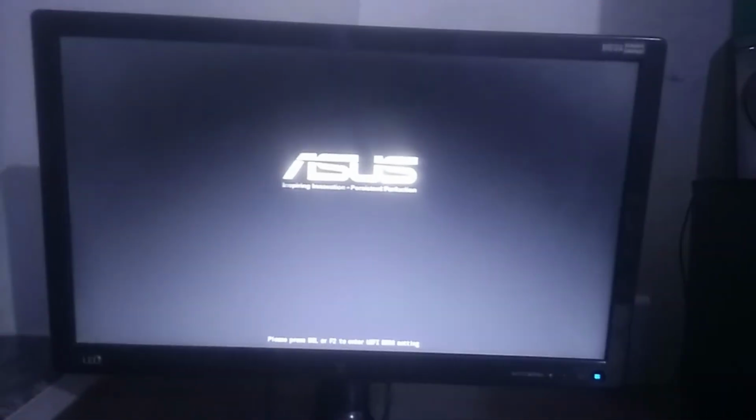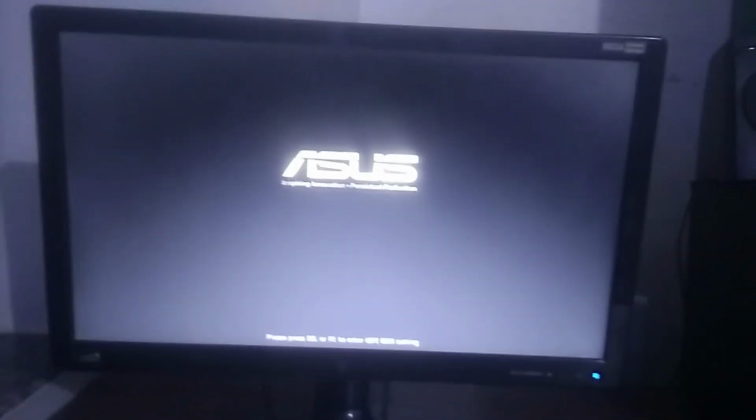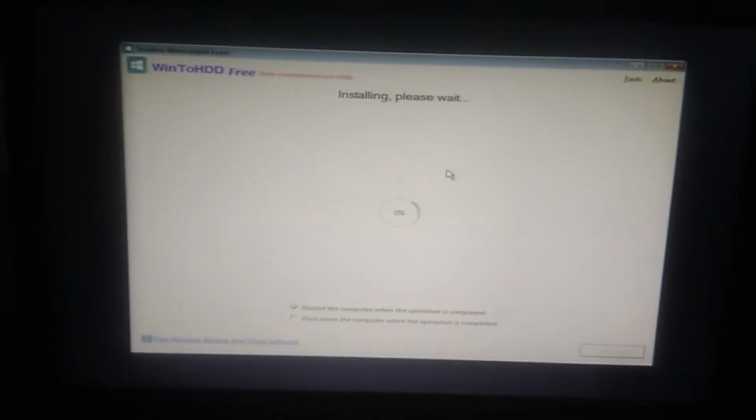So now you can see that the Windows 10 old logo will come, but this will be the main application in which we have done the settings. It will run now, it will get executed. So you can see that the application is performing its process.